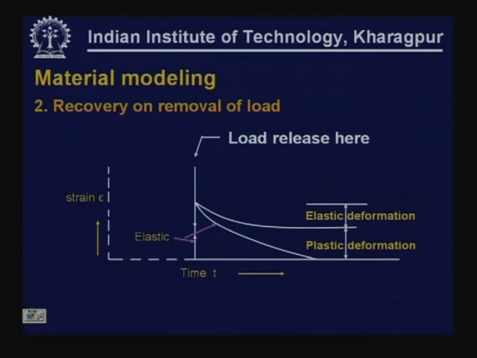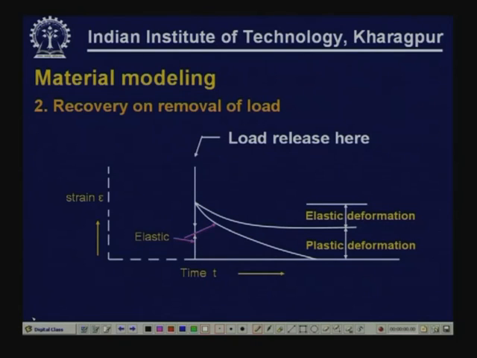On removal, the material may instantaneously recover as shown by this, and it may recover completely, it is an elastic material. It may recover completely, but with time slowly. So, this is a material that is recovering fully because complete deformation is recovered. This is also an elastic material, but it has time dependent behavior,